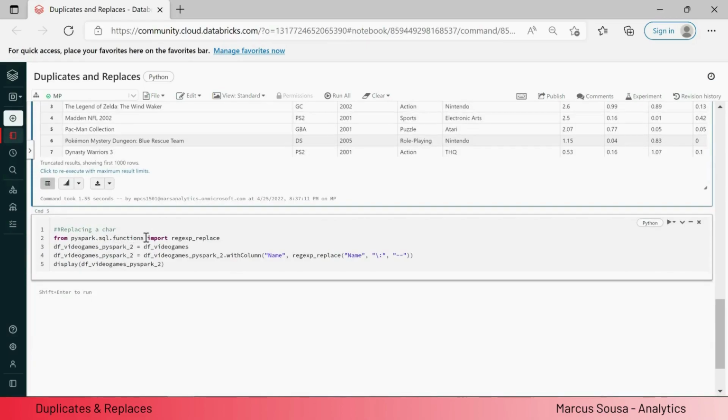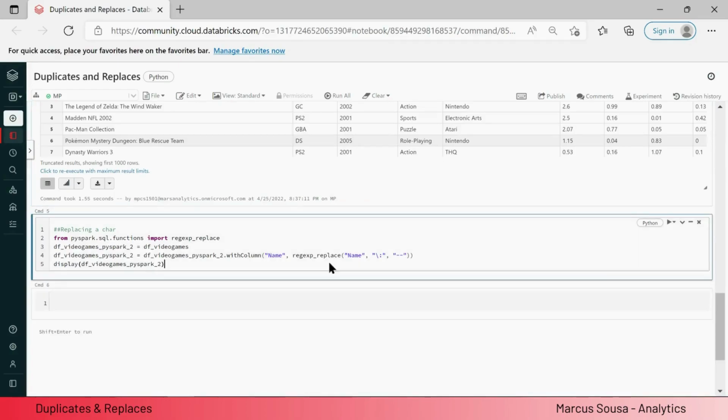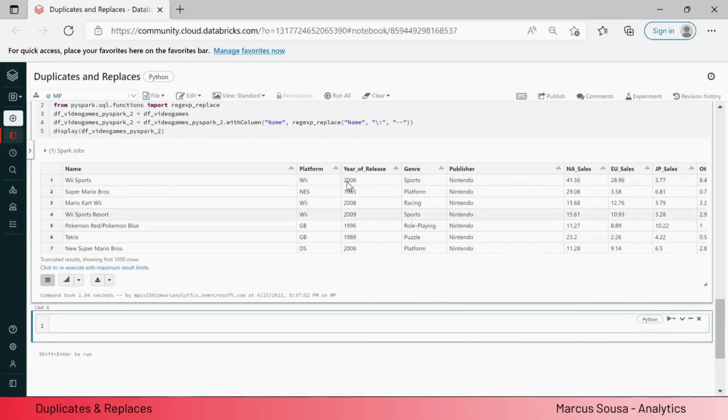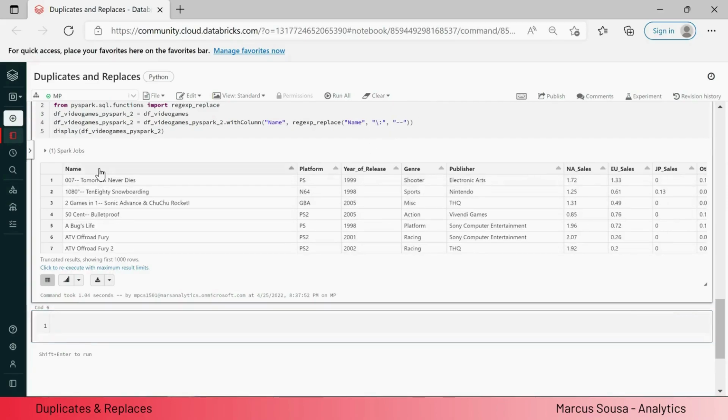Now for replacing the char. From PySpark, I'm just going to be importing the regex replace, and then recreating the df video games, and now I can replace what? Essentially, colon now by 2 dashes here. So let me find here on the column name. Let me reorder this one here again, and you guys will see. All right, so 007 instead of colon, you get now 2 dashes, and this is how you can do the all